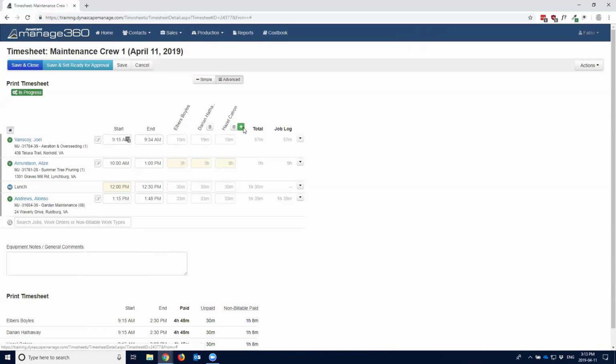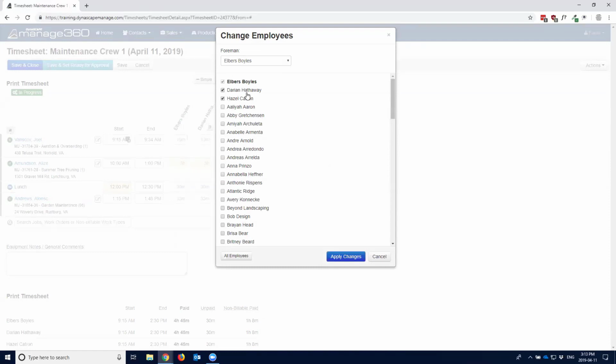Okay, click on the green plus button. So now, because Darian's checked here, I can switch the foreman right there. And when I save it, Darian becomes the foreman of the crew. Now, if we're going to send a different foreman, say we're sending Bob over here to be the foreman of the crew,